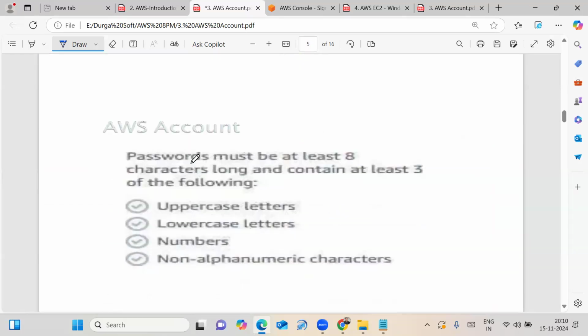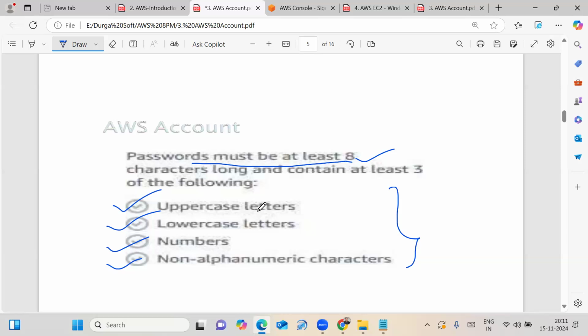The password must be at least 8 characters long, and it must contain a minimum of 3 of these 4 things: uppercase letters, lowercase letters, numbers, and non-alphanumeric characters.